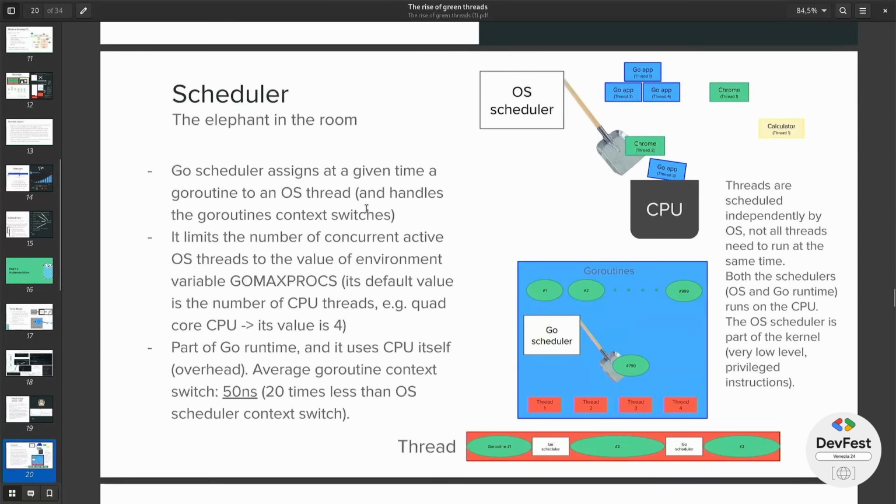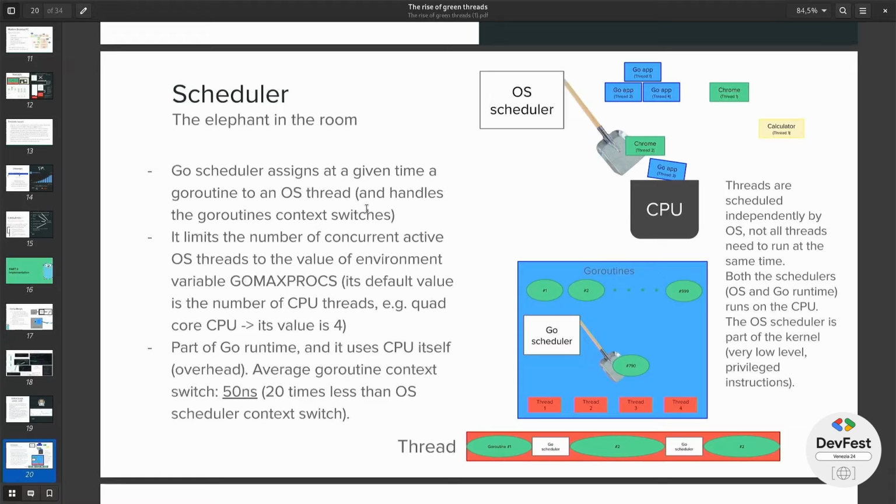Okay. So what is the scheduler? This is an example drawing. Your scheduler is like a shovel that assigns the threads to the CPU and decides which thread needs to run in which moment. Now, if we use goroutines, we have 2 schedulers. The OS scheduler, which of course handles the OS threads, and the Go scheduler, which assigns the goroutines to the threads. So the goroutines are not directly executed as a replacement for threads, but they are an abstraction over threads to run the I/O tasks better